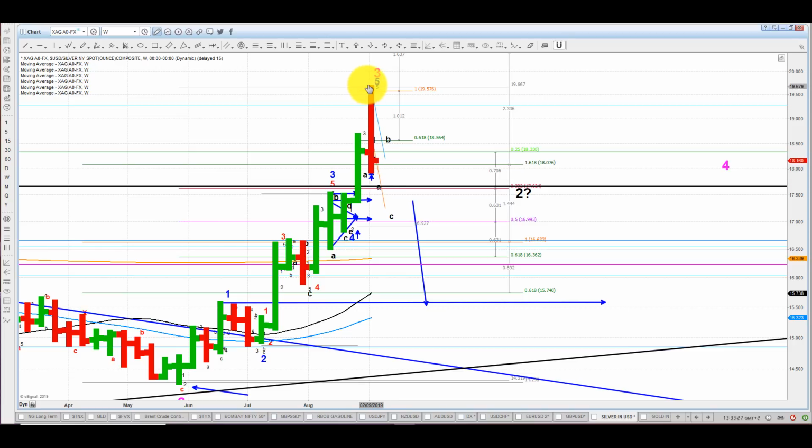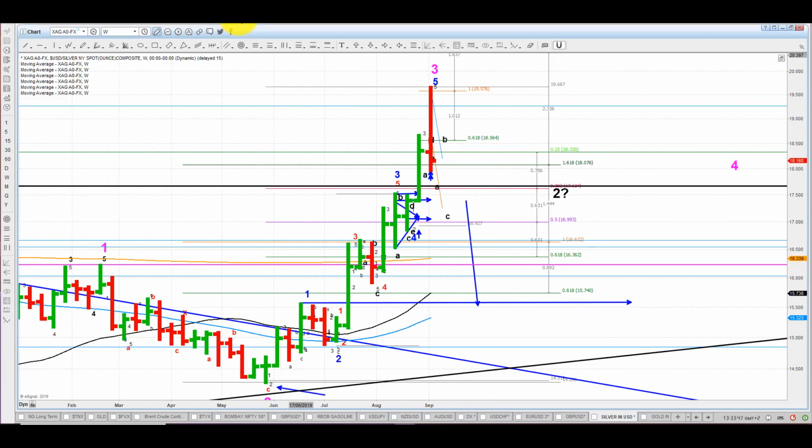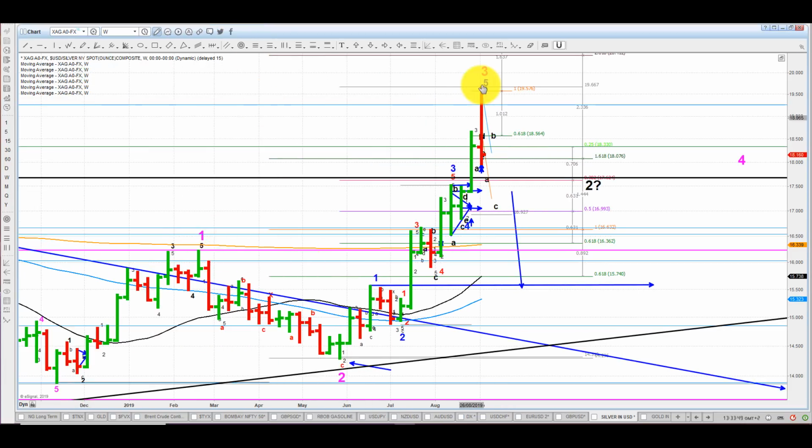This is pretty straightforward, and the wave count that I'm using is 1, 2, 1, 2, 3, 4, and that will be my fifth. Okay, so 1, 2, 1, 2, 3, 4, 5, 3, 4, 5. So please take the third here as an alternative wave count. This is a 1, 2, 3, but the very big fourth wave that I've just explained presumably ended here. But you can see that for the next few weeks